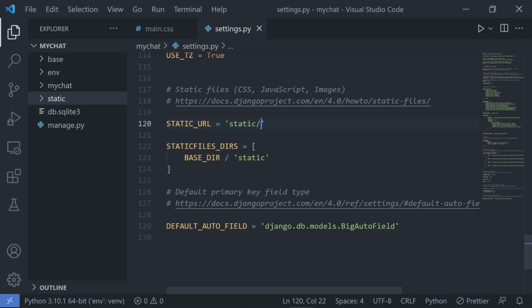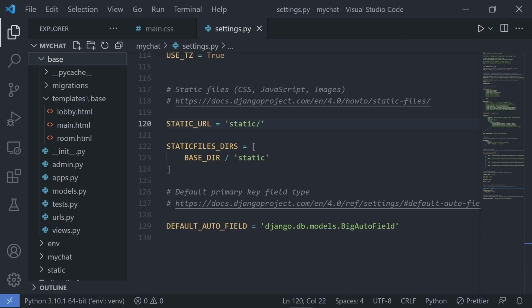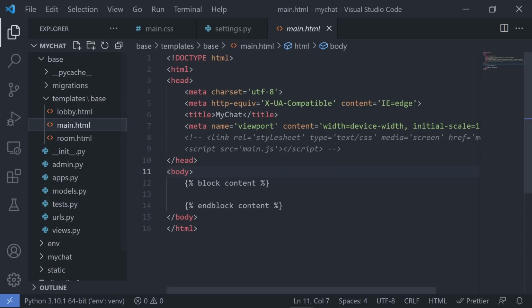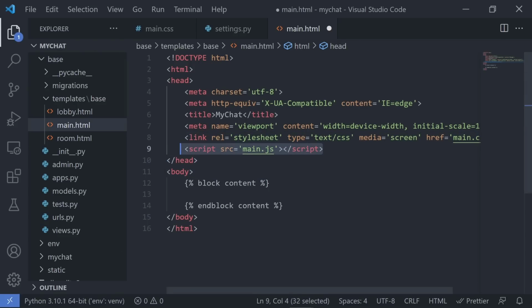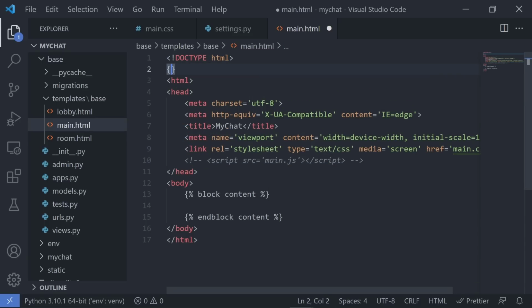So we connected our static files, and now we want to use this. So let's go ahead and go into our main.html, and let's actually uncomment the CSS here. And I'll just comment out the script tag right now. So we'll comment that out, and what I want to do here is actually load in my static file. So we have this tag called load static. So we'll do load